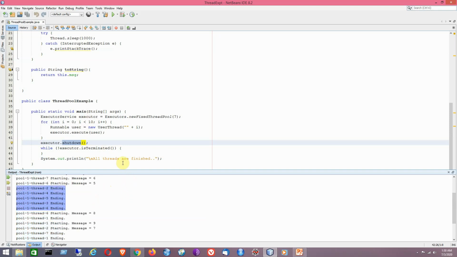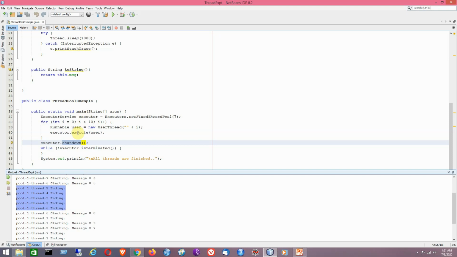So instead of having the start method that is normally followed, we are actually using this executor reference, that is storing the pool of threads, and by calling the execute method of the executor interface, we are basically starting each of the threads in the pool of threads. So that is the idea, and that is being followed here.